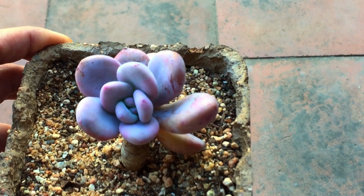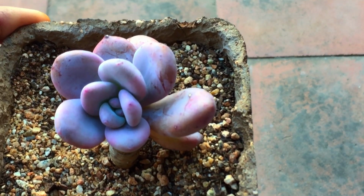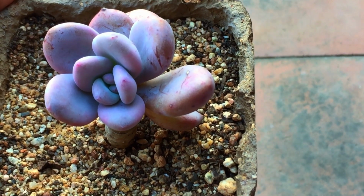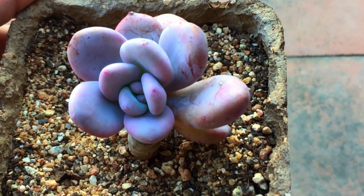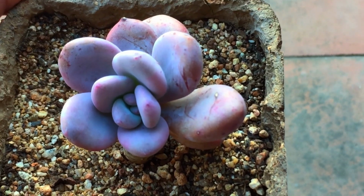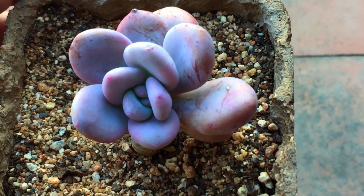It looks absolutely stunning. Beautiful chubby succulent. This was quite damaged by the pigeons, but it has slowly started to recover. I'm very happy. This is the only Lavender Pebbles that I have in my collection. Looks absolutely stunning. A lot of people also call this the Pink Moonstone, but remember, Pink Moonstone does not